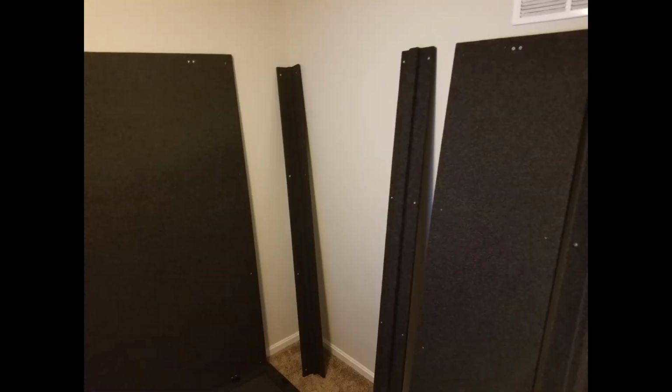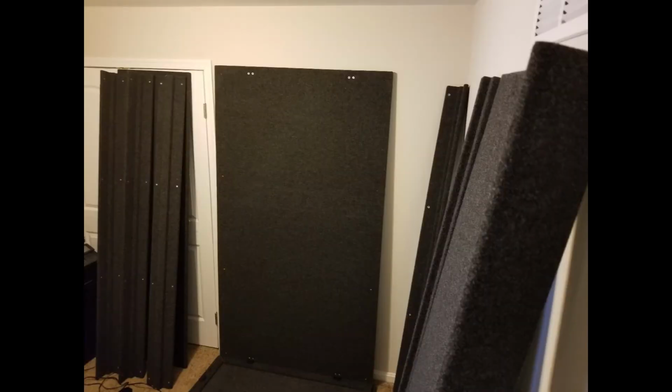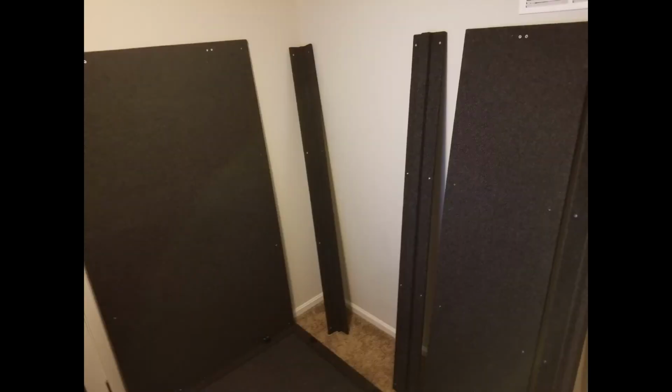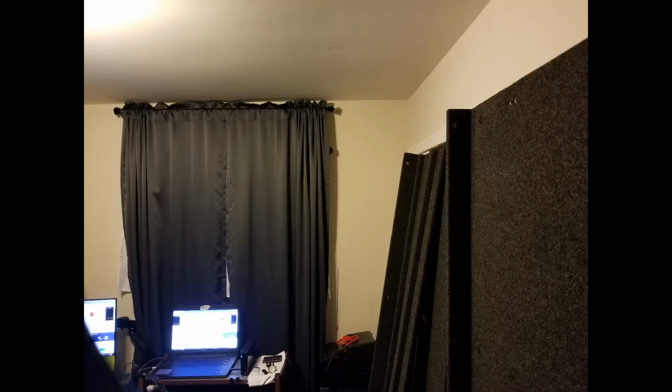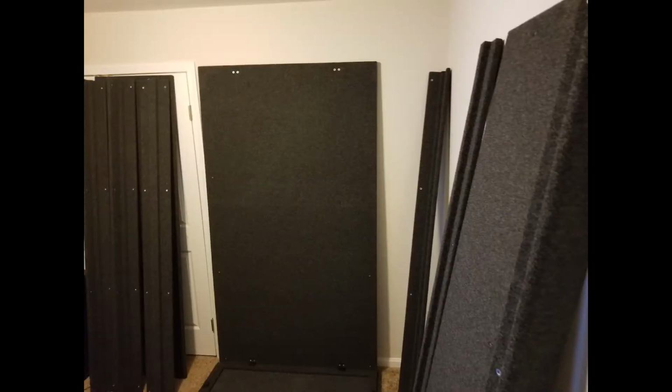I should have just gone this route to begin with, but I guess then I wouldn't have a story to share with you. And so this is the actual room. This is the pieces of the whisper room being laid out, prior to me assembling them. And getting it up the stairs was a beast,